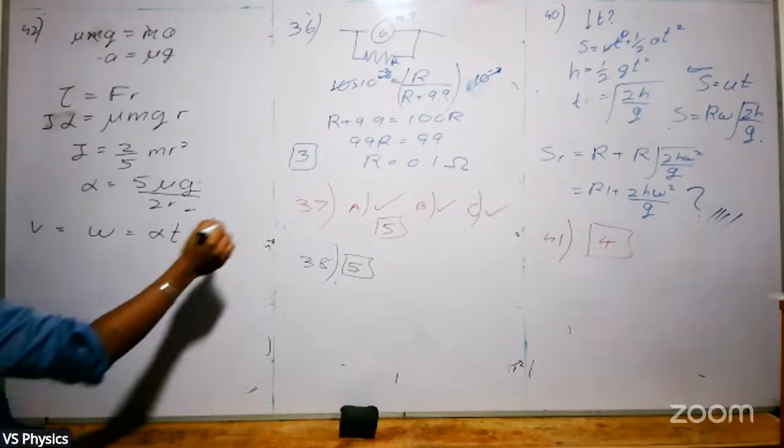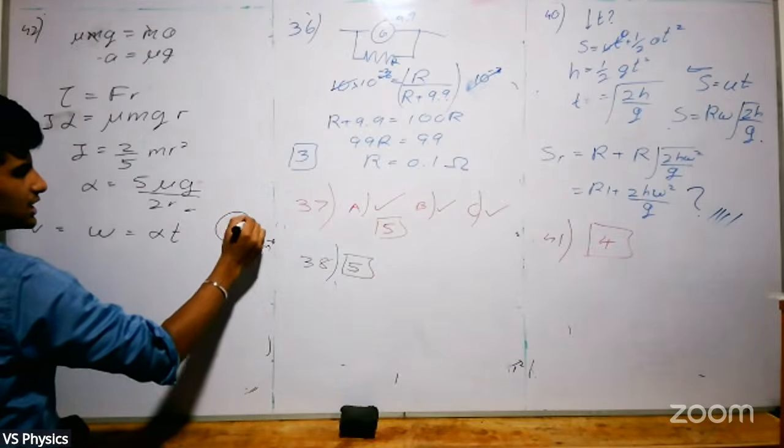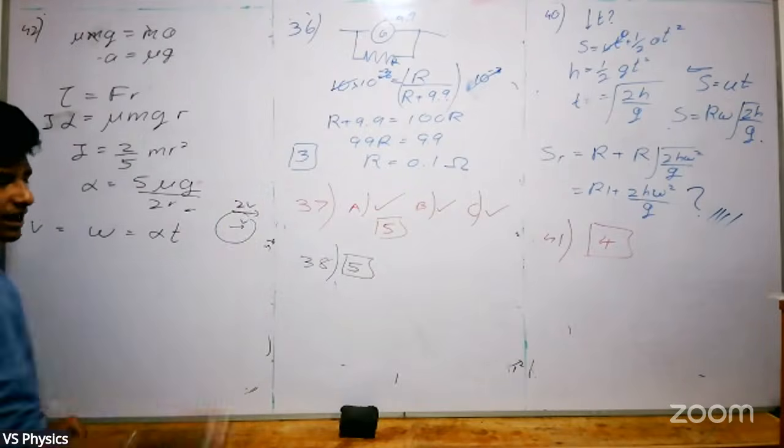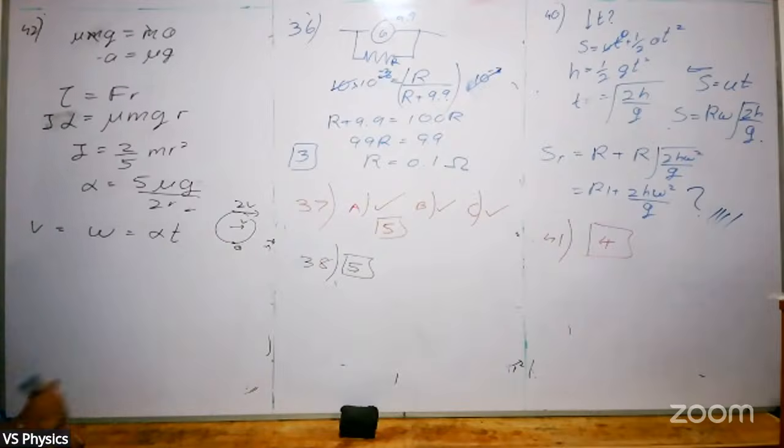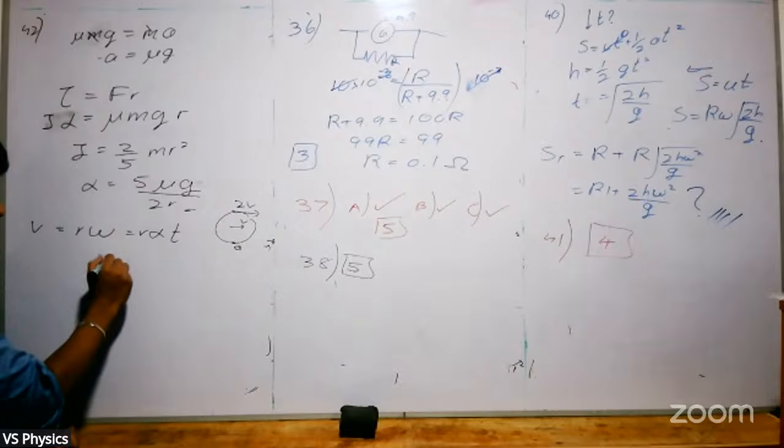Because what happens here in the rolling sphere is, at the top the velocity is 2v and at the bottom it is 0. Using this we can find the velocity of the sphere. Multiplying r on both sides, we then get v equals